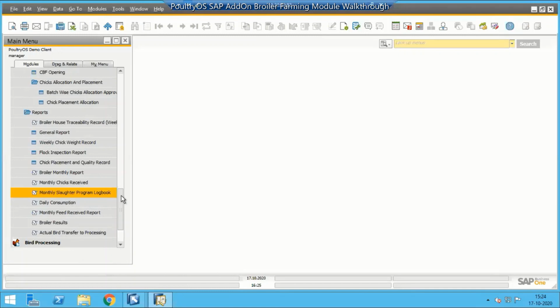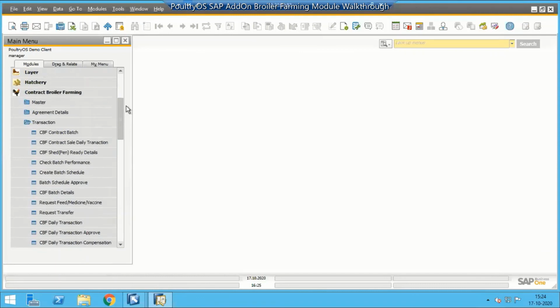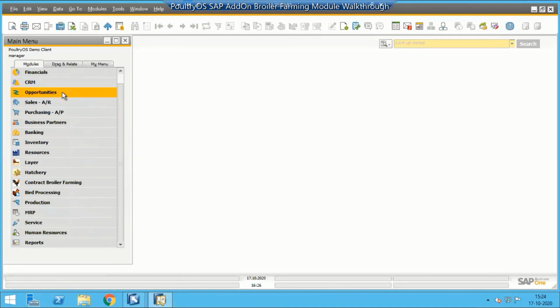So in the broiler module, we essentially cover contract farming as well as own farming. In case of contract farming, the entire agreement process is also covered. In broiler farming, we have all the details captured for farms, their equipment, and essential shed-related parameters. We also have an end-to-end facility for creating the complete placement schedule, which is back integrated with the hatchery. Plus, we can do procurement and get day-old chicks from outside. Once we get the day-old chicks either from the hatchery or from procurement, our batch will start.